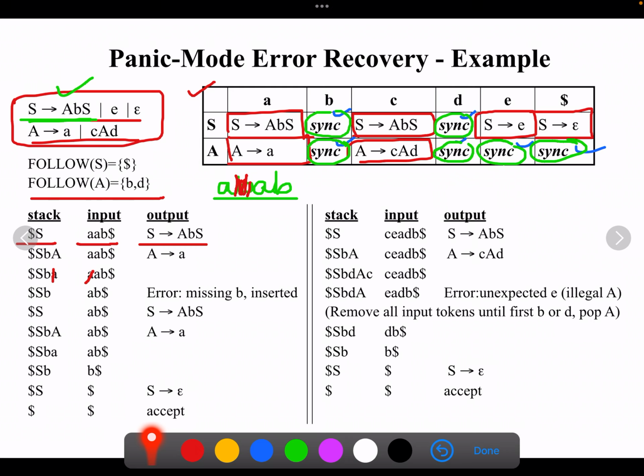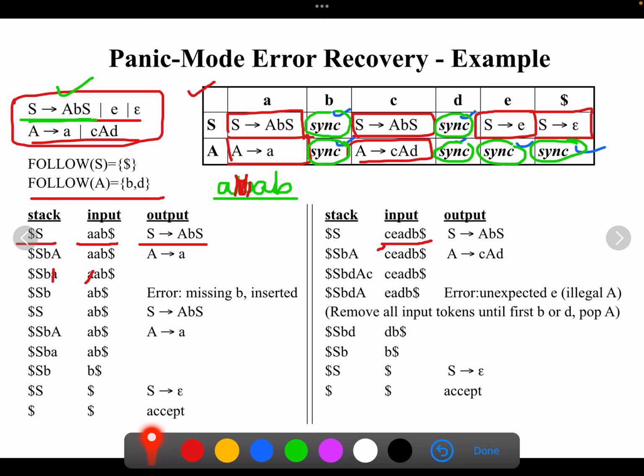Let us take another example which will give a different kind of error. Instead of a missing symbol, there might be additional symbols also. That kind of example we have taken here. This is another example which is not a valid string. Now we will start with the procedure.